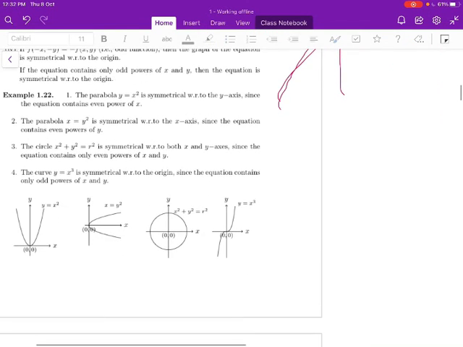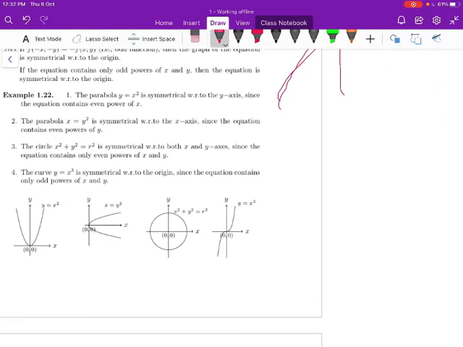So I think you have observed some examples here which I told. First, y is equal to x square is the equation of a parabola with even powers of x. So this curve is symmetric about the y-axis. The y-axis is the axis of symmetry because this curve reflects to the left side of the y-axis. So this is a symmetry. The curve is symmetric about the y-axis.